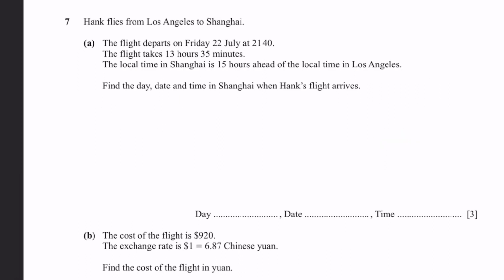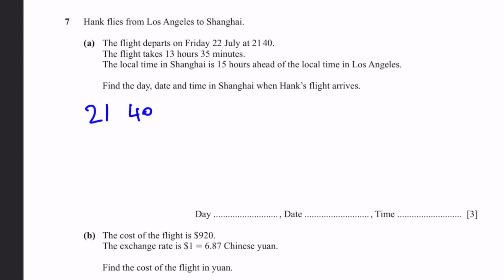Question 7. Hank flies from Los Angeles to Shanghai. The flight departs on Friday, 22nd July at 21:40. The flight takes 13 hours and 35 minutes. The local time in Shanghai is 15 hours ahead of the local time in Los Angeles. Find the date and time in Shanghai when Hank's flight arrives. So first of all, we see how much time it takes: 13 hours, 35 minutes. So once the flight ends and they arrive at Shanghai,